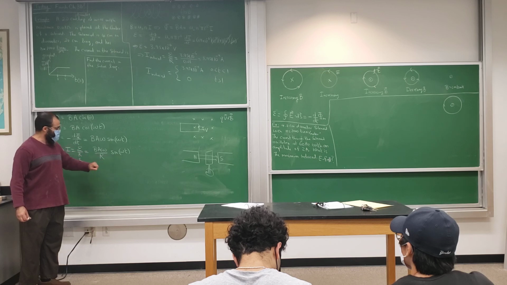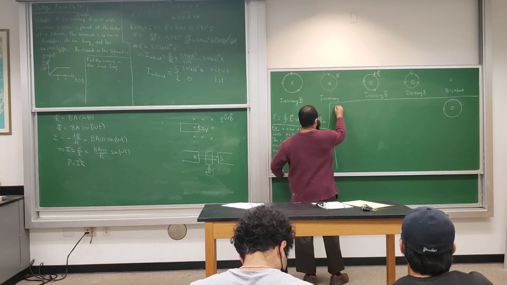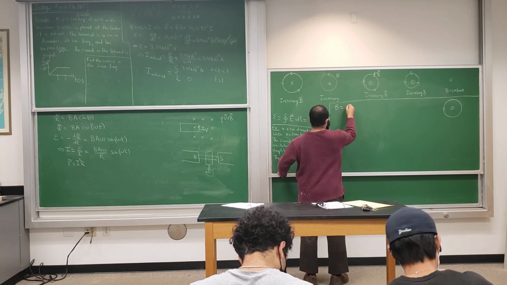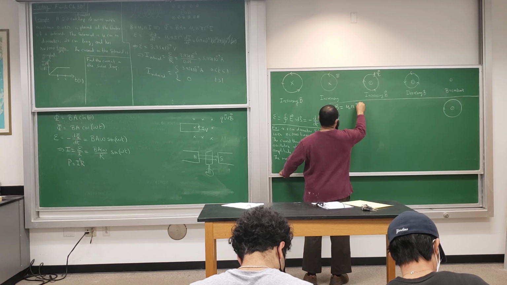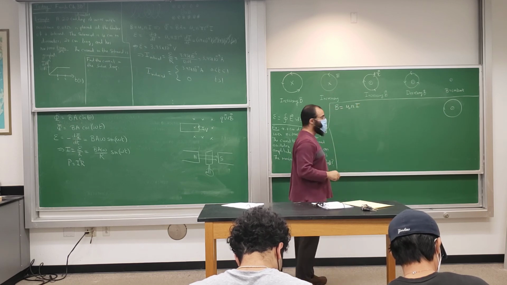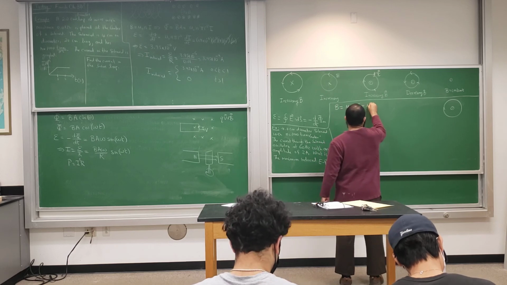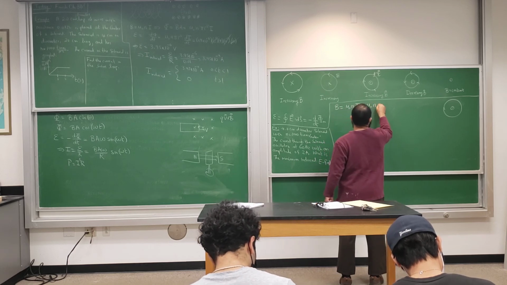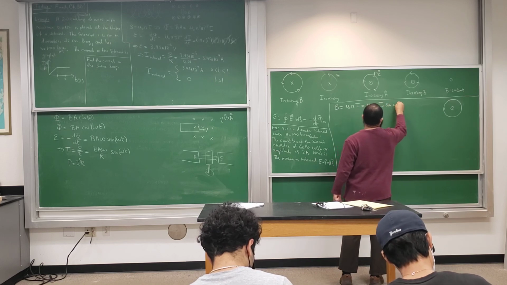Let me write down the formula for the magnetic field inside the solenoid. B inside the solenoid is mu naught times little n times the current, right? So this becomes mu naught times little n times I0 times the sine of omega times